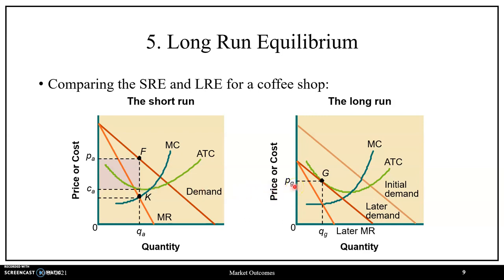Since new firms then enter due to the incentives that they have and low barriers to entry, market supply shifts to the right, and market supply will continue to shift to the right, pushing down price as well as increasing the quantity levels for the overall market, which will have the effect of continuing to push the demand curve an individual coffee shop faces to the left,